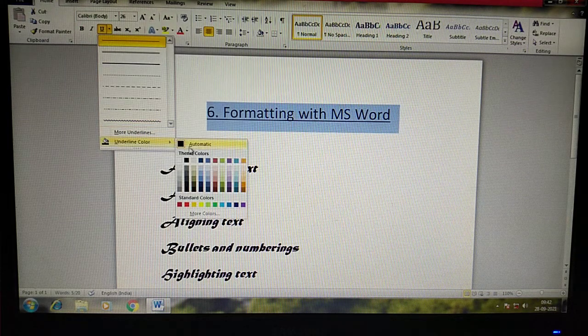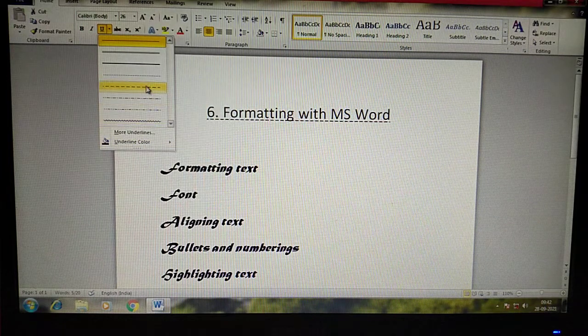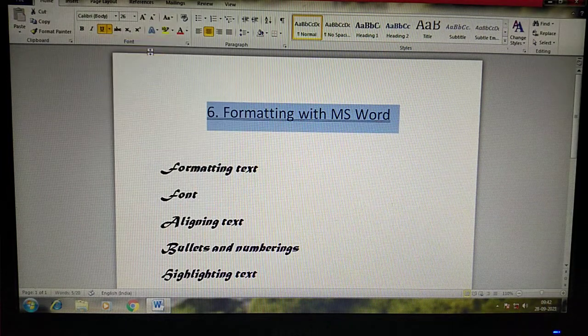Even we can change the color of the underline also. Can you see the changes on the screen children? Yes, we can give any kind of underline. Is it clear children? Yes, shortcut keys: to bold, Ctrl+B; to italic, Ctrl+I; to underline, Ctrl+U on the keyboard.